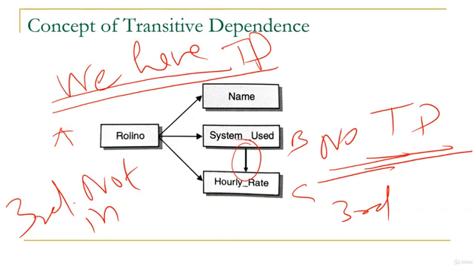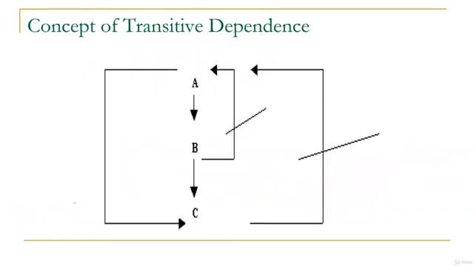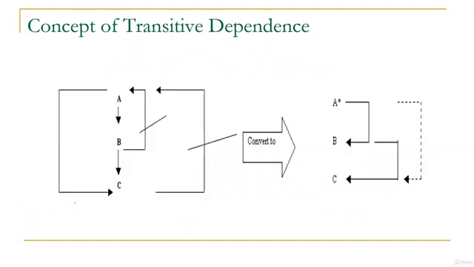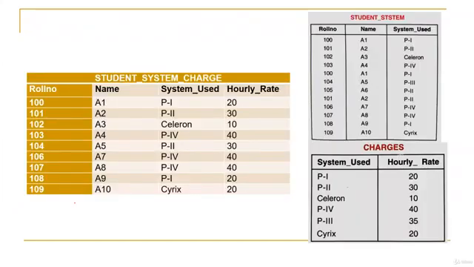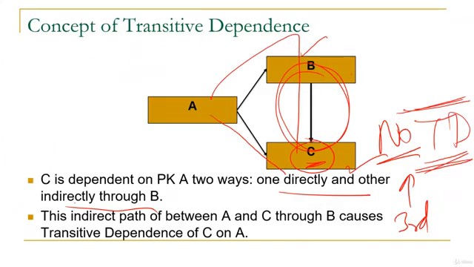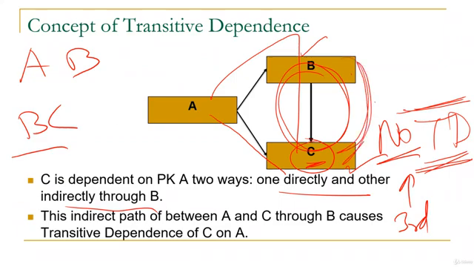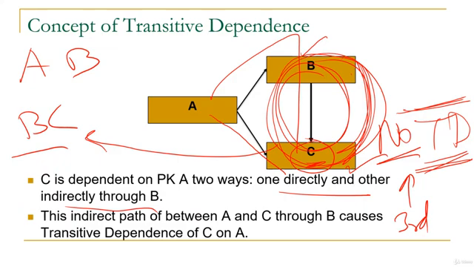In order to convert this table into third normal form, we have to apply the rule of decomposition. This rule states that if you have a table like this, then decompose it into AB and BC. There is a dependency between B and C, so create a separate table for BC and one table for A and B. So if you have a situation like this,